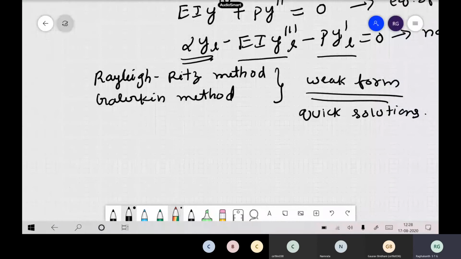So this also one can do. If you want to derive the equation of motion, then you go for the strong form and do it from calculus of variations. If you are not interested in the equation of equilibrium, just directly the solution, then you can use the Rayleigh-Ritz method, same calculus of variations only, but you enforce only this weak form. Only the integral has to be 0, not overall. So you can use this and get some quick solutions.